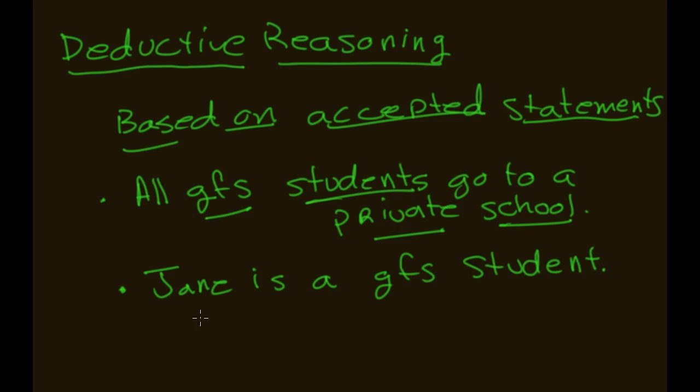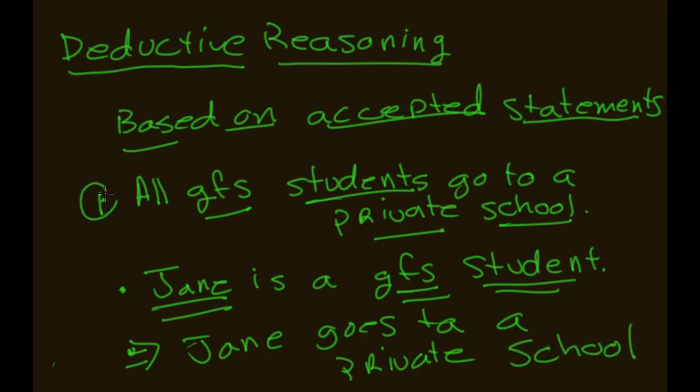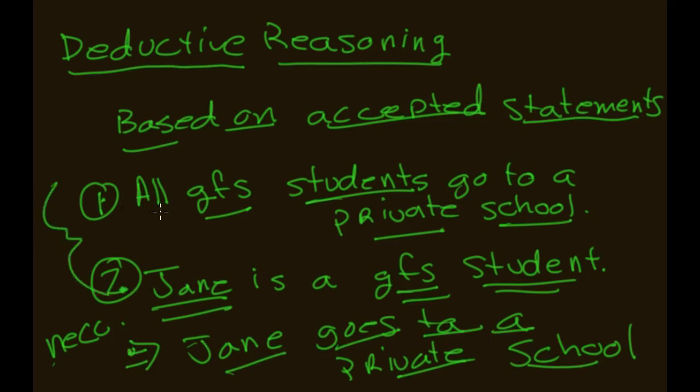Okay, so this is also, if we knew who Jane was, we could pretty well verify whether or not she was a GFS student. And the conclusion that we could draw deductively here is that Jane goes to a private school. And if we accept the first statement and we accept the second statement, we necessarily must accept this conclusion. So if we have true hypotheses, 2 of them, and they have this type of relationship, then we have to accept the conclusion. So here you have 100% certainty, okay, as opposed to inductive reasoning where you just have